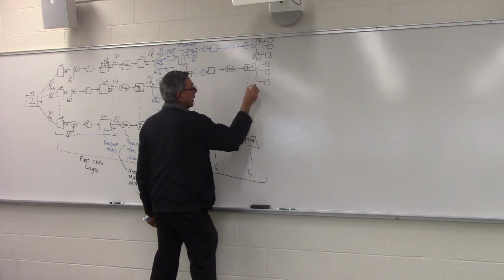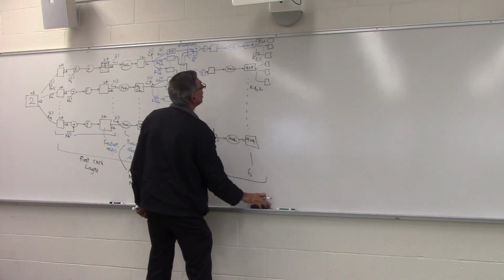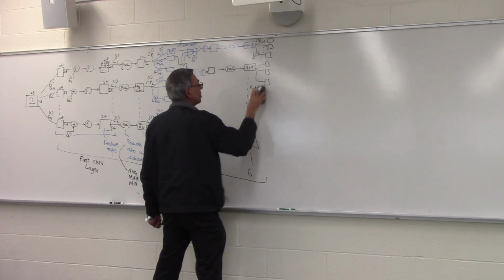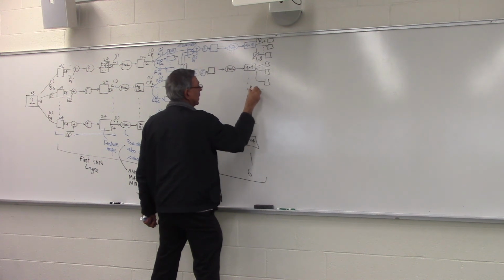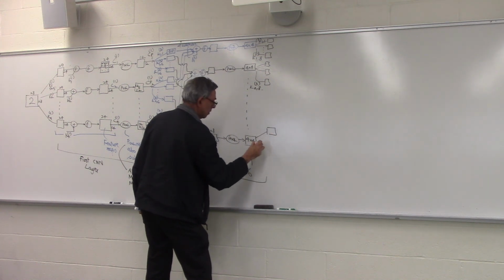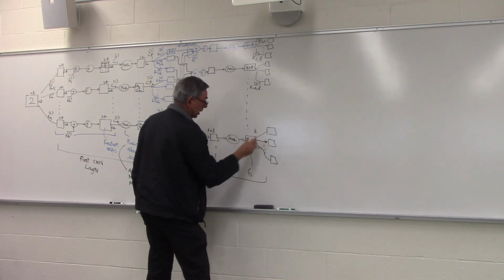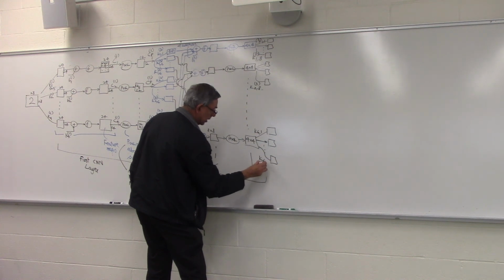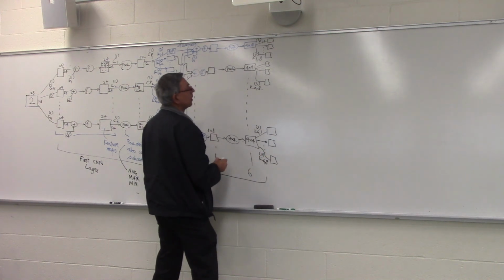Similarly, this will be K 8. Sorry, I reversed it. It should be K 1 of 8, and this will be K 2 of 8 of 3, correct? Same way, this will be K 6 of 1 and K 6 of 8 of 3. You guys agree? Yeah. So how many